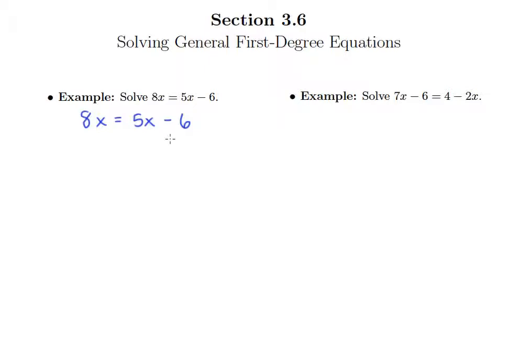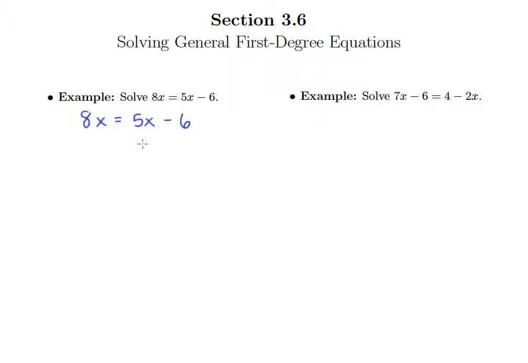So here we have x terms showing up on both the left and right. And so what we need to do here is, as a first step, we need to get all of the variables on the same side, because ultimately we're trying to isolate our variable. So before you can isolate it, you got to at least have them all on the same side. And it really doesn't matter which side you move them to, but you should always look for ways to make